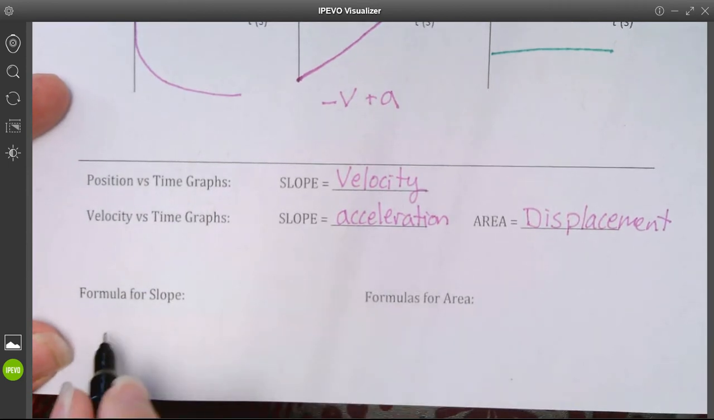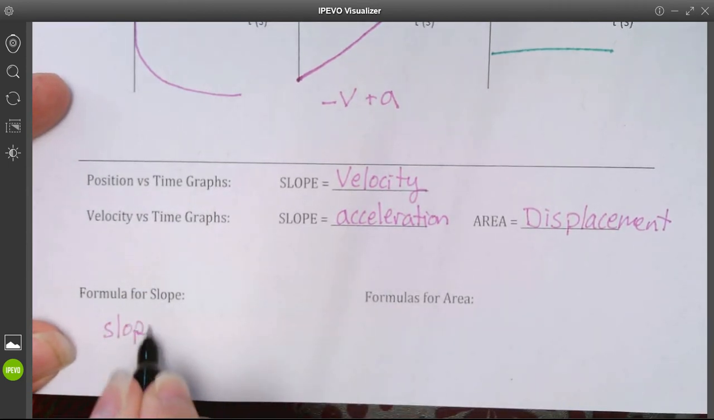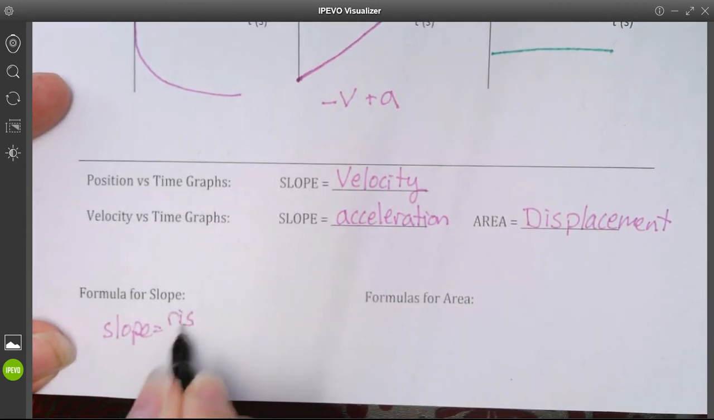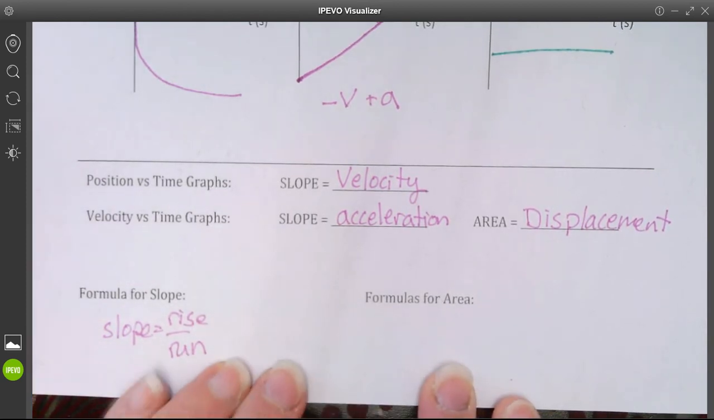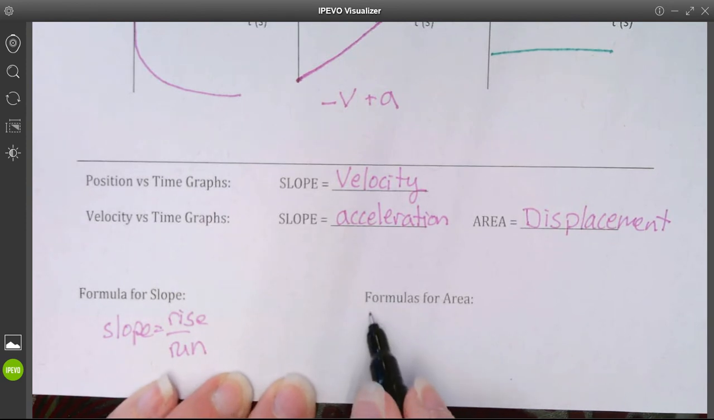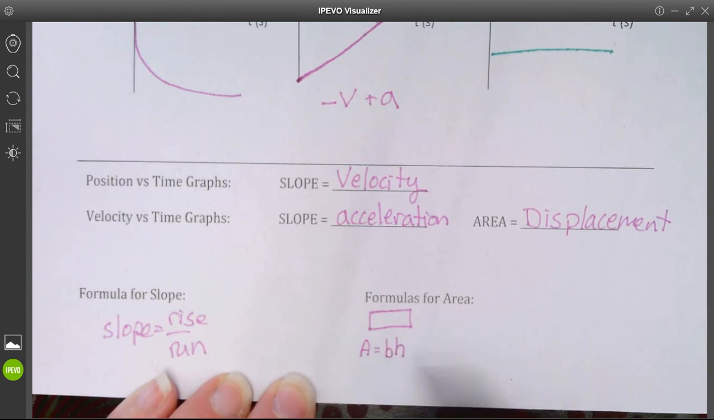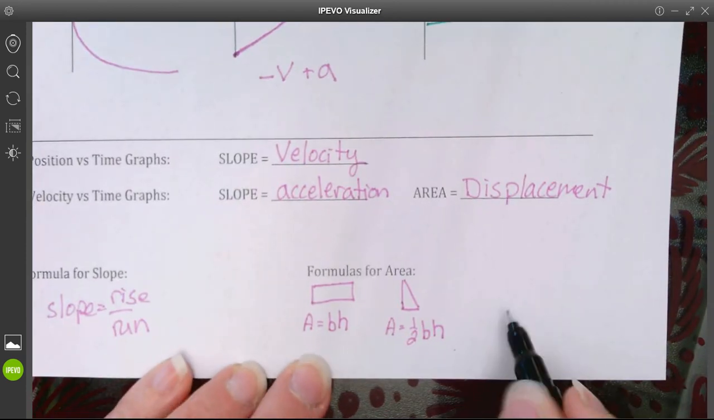And so just a reminder, formula for slope. Slope is just our rise over run. And then formulas for area kind of depends on what area we're talking about. So if I've got a box, that's pretty easy. It's just going to be base times height. If I've got a triangle, 1/2 base times height. And if I have a trapezoid,